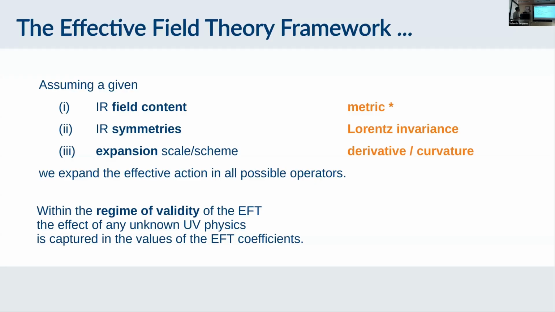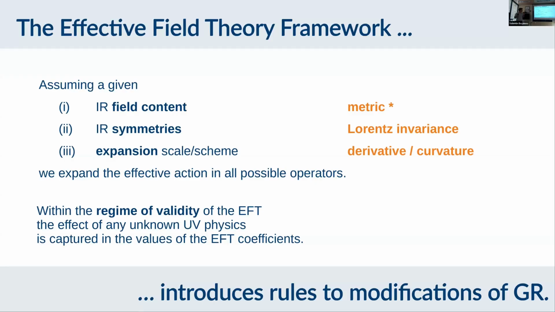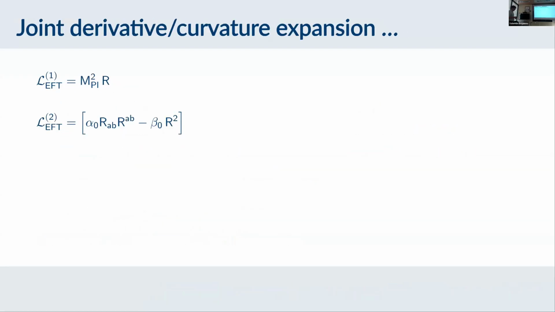And so it's a nice framework in that sense, because I can now say I fix my infrared field content, and then it introduces rules for how I should think about testing modifications. And you might have seen this zoo of modifications that you can write down. I think this gives a nice way of understanding what is possible. All right. And so if you do that for gravity, then you start actually with the cosmological constant, but